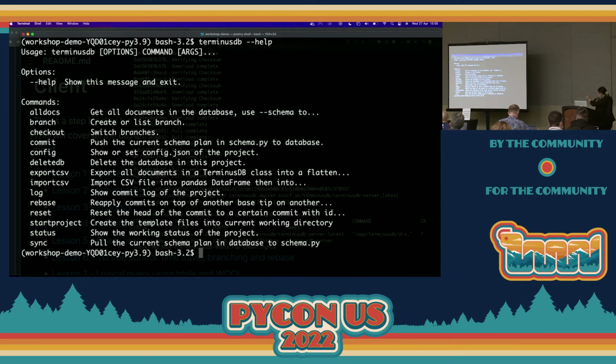But before that, you have the start project. So you see there's a start project. It's kind of similar to Django, right? I got the design from there. But start project makes you set up how this project connects to the database. That's why you start the project and store the configuration there. So if you do start project,